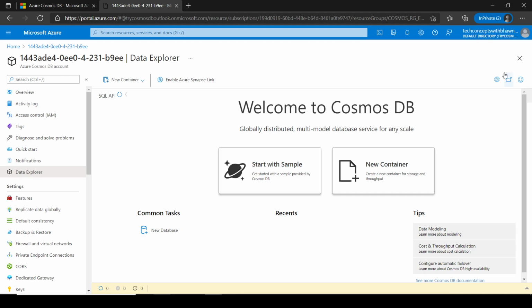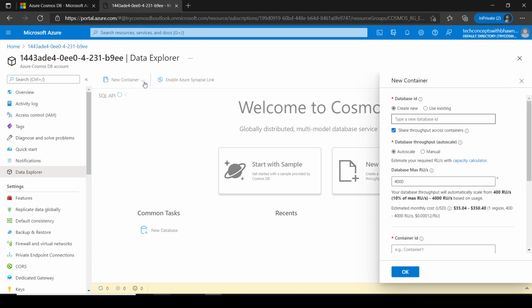So the very first thing that you do in the portal is that you create a new container over here. You see an option over here. Before that, it is all blank. So first you need to create a new container, and that is your database. So when I say database, you can think of Azure Cosmos DB as something like SQL Server, and you have to create a database inside it. So now let's create a database named Bhavna Demo, and this name again has to be globally unique,